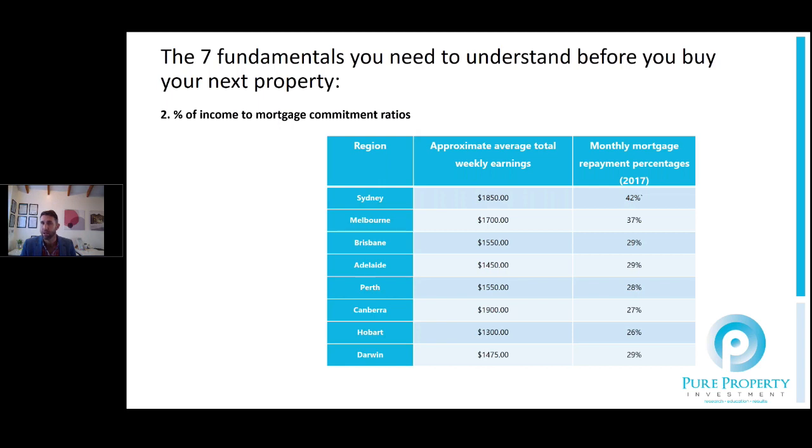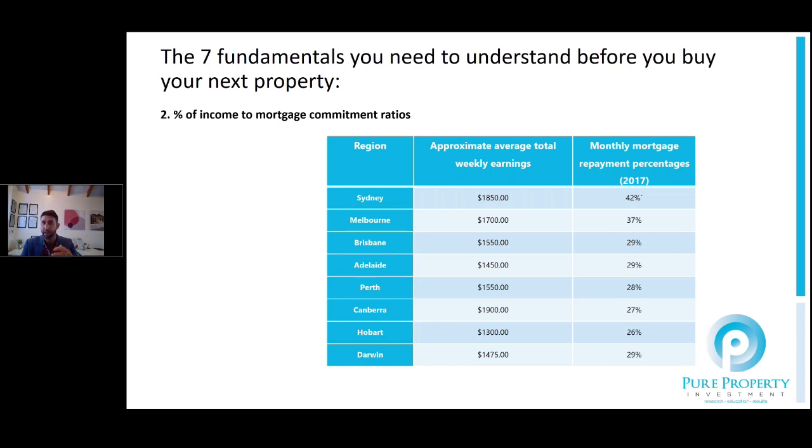Now, what that means is essentially the percent of money that's taken home every week is going to be attributed to a mortgage repayment. And what we've noticed over the 30-year data that we look at is that if you get beyond that 32, even up towards 35%, the ability for people to pay more in those markets starts to become very limited, and that's going to put a cap to a degree on growth.